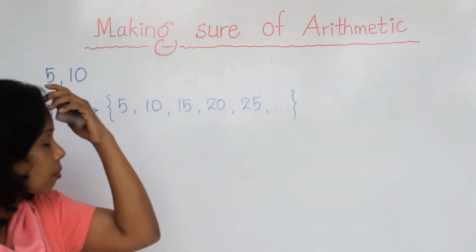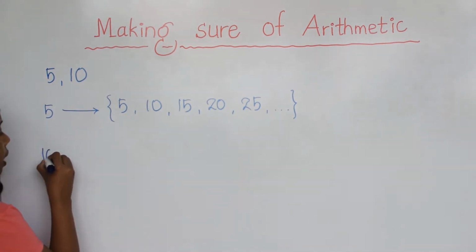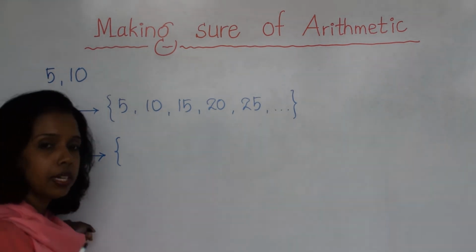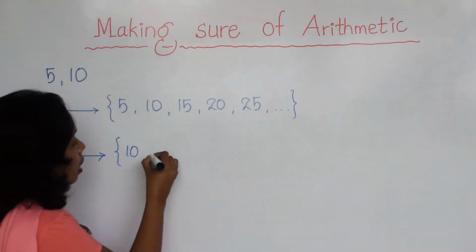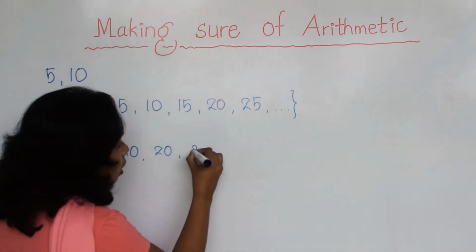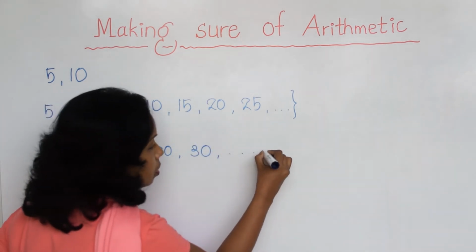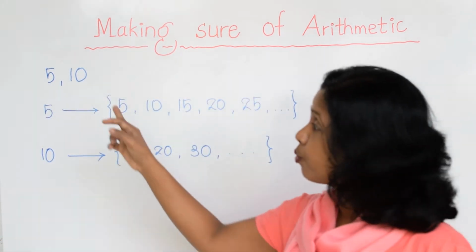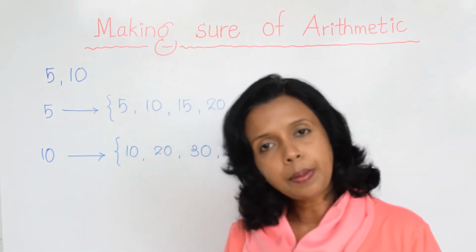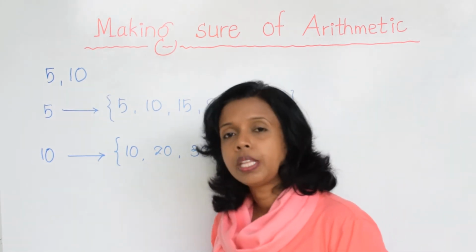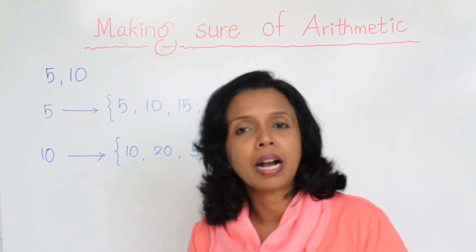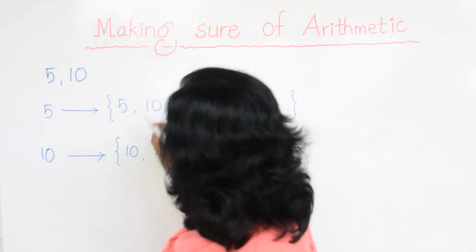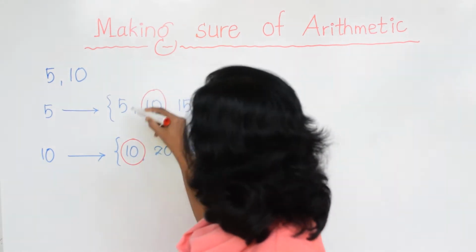Multiples of 5. Then multiples of 10. How do you do that? Again a curly bracket, right? Because I want to have a list. Then 10, 20, 30, again the list goes on like this, right? Now I found the multiples of 5 and 10. What is the next thing? After identifying multiples, we want to find the common multiples. Now tell me, what are the common multiples you can find, children? 10, 10, right?